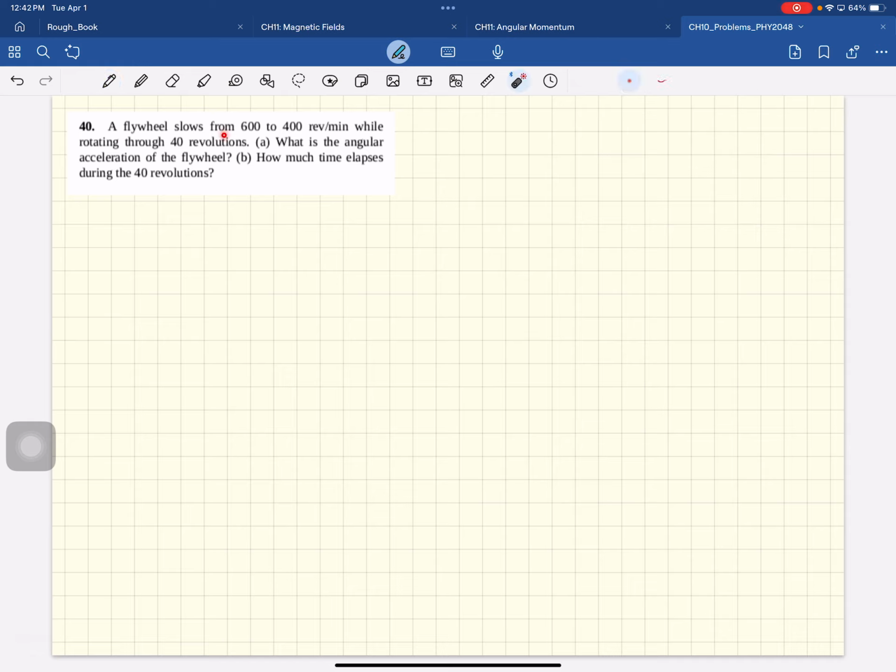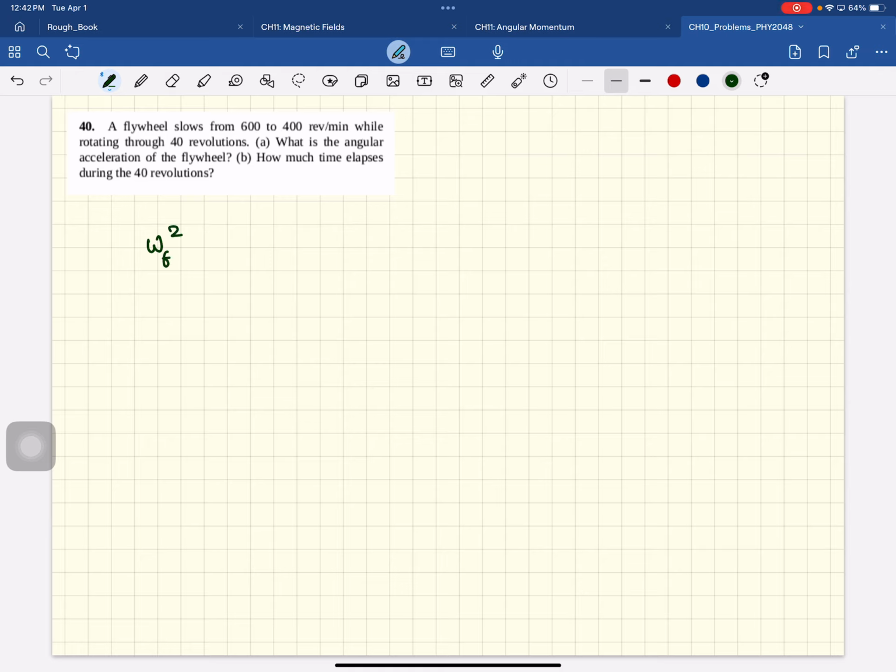A flywheel slows from 600 to 400 revolutions per minute while rotating through 40 revolutions. What is the angular acceleration of the flywheel? How much time elapses during the revolution? Okay, so for this guy,